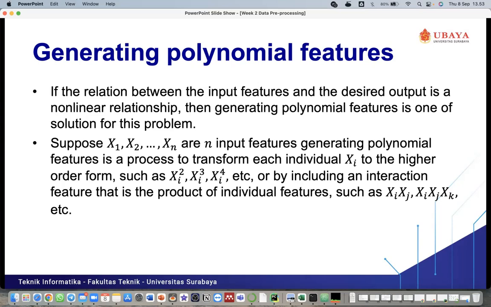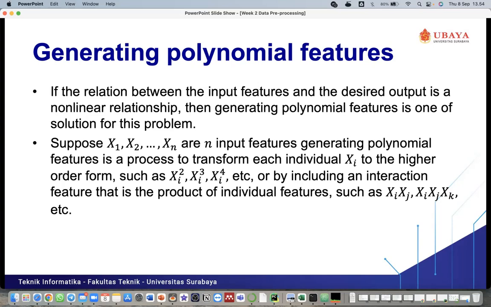But in machine learning, we need to generate the polynomial features because, like I mentioned before, the machine learning algorithm cannot solve the nonlinear problem. So there are some situations where the features that we have are not enough for predicting the desired output, so we need to generate other features.